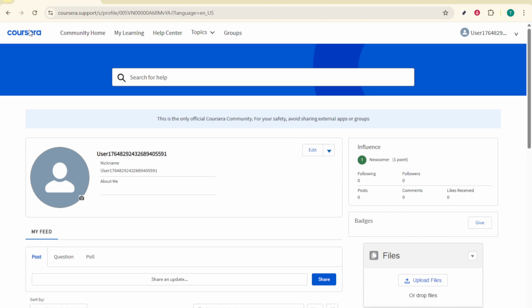Cached data can become outdated and block a clean login. On many Android devices, you can go to your device settings, find the Coursera app, and clear its cache. On some devices and versions of iOS, you may see an in-app option to clear temporary files. The goal is simply to remove stored data that might be conflicting with the current login process without deleting your